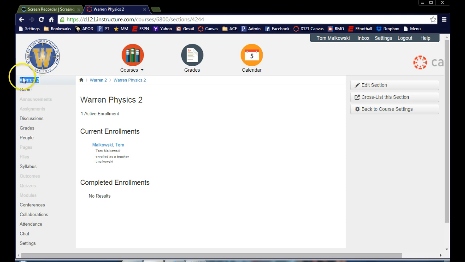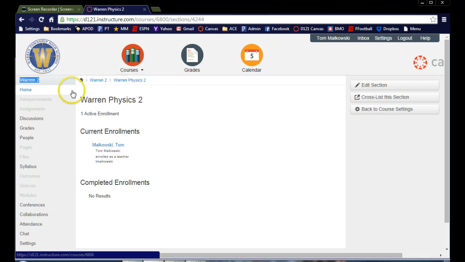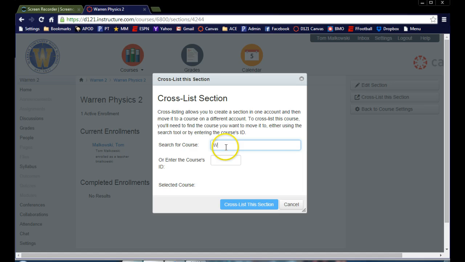Now, mine's really simple. It just says Warren 2, but your other courses might say something like what you can see right now on my screen. It says physics-Malkowski, and it says section 1, S1 for semester 1. That's the title. You need to highlight that, copy it. When you click on this cross-list window, I'm going to search for that course I want to cross-list it to. So it's Warren